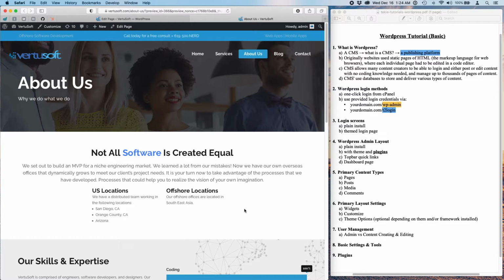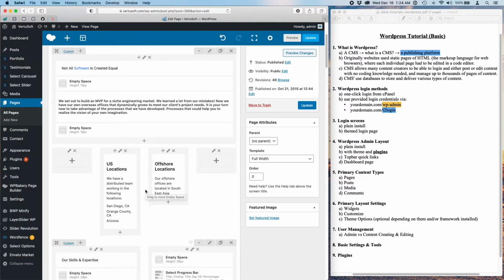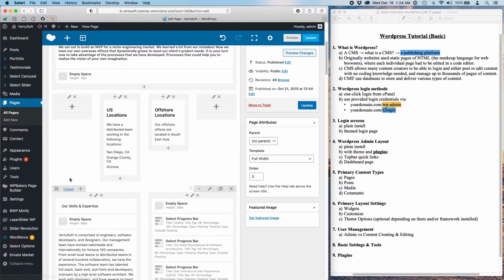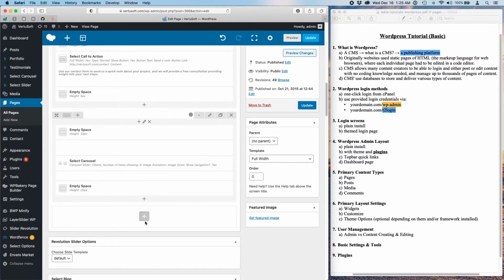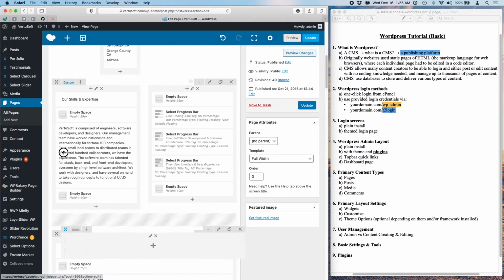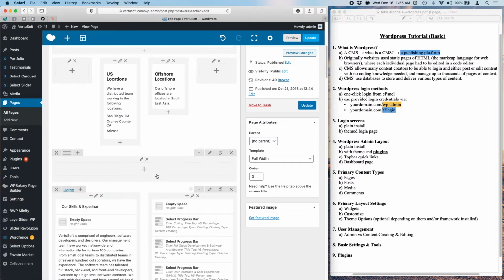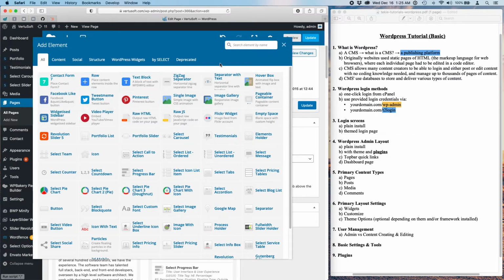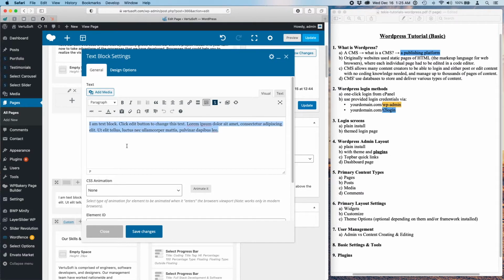All right, but we still want to add some other things underneath here. So let's close this preview window and find that little section there. So that is this section. So we'll add a row right down from here. All right, so let's add a little text block, and we'll say